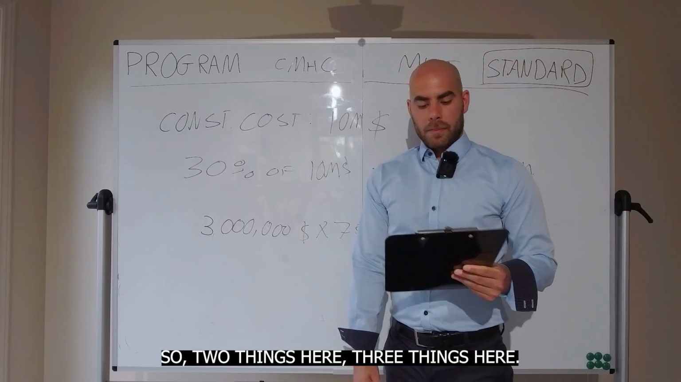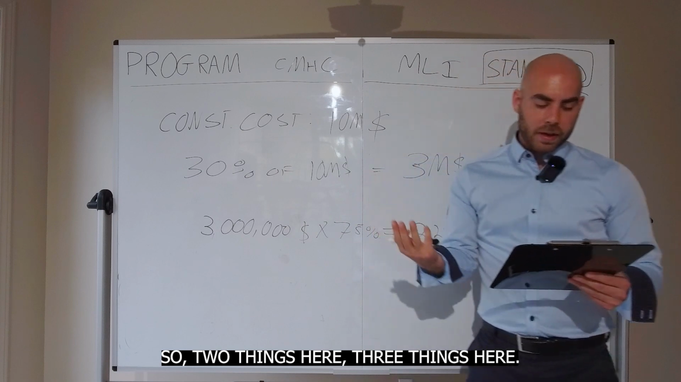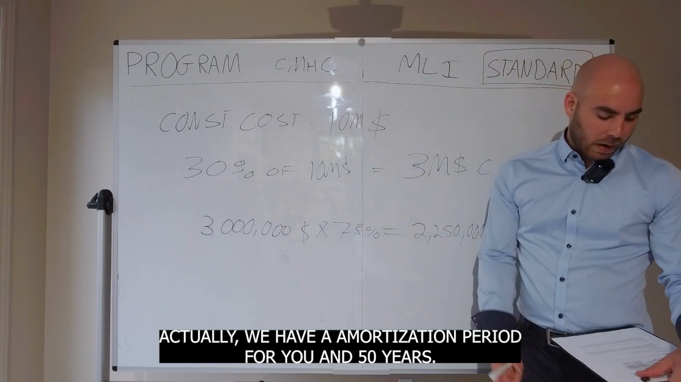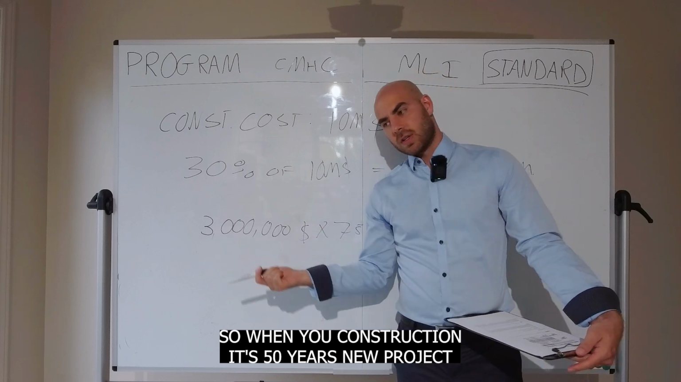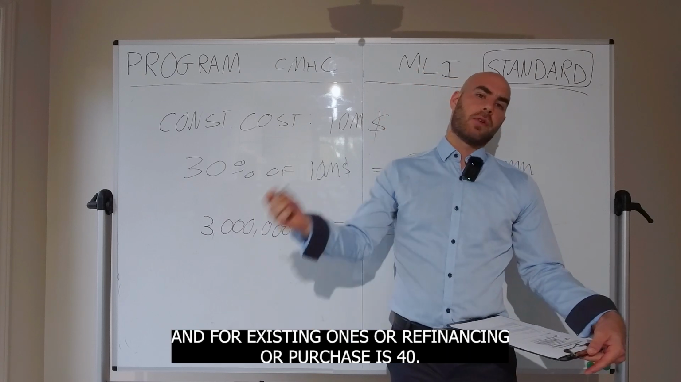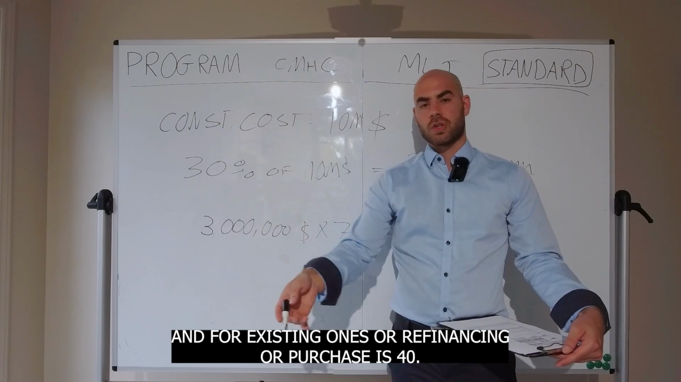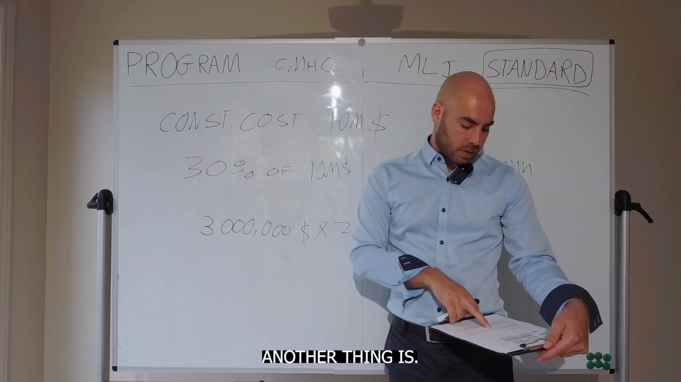So, 3 things here actually. We have amortization period, 40 and 50 years. So for new construction, it's 50 years, new project. And for existing ones, so refinancing or purchase, it's 40. Another thing is